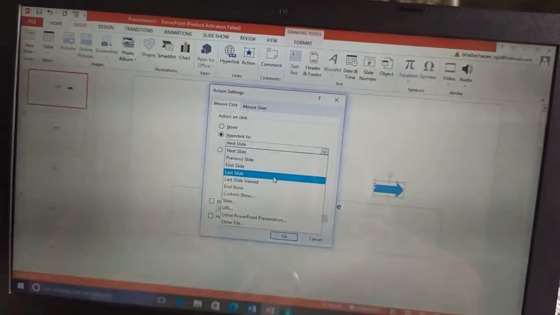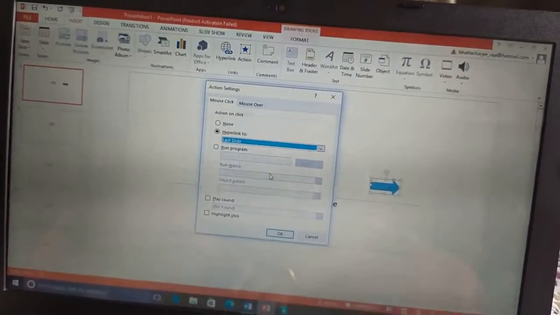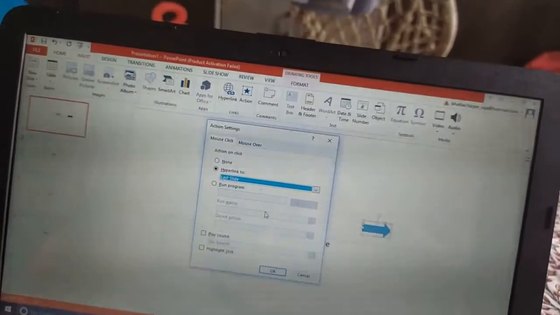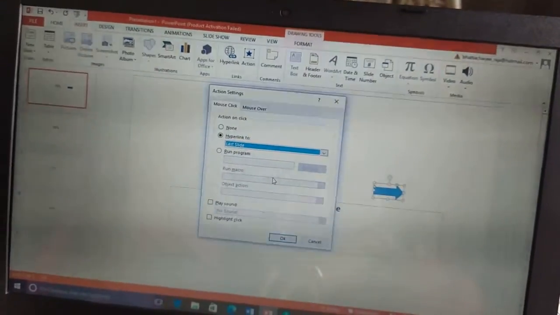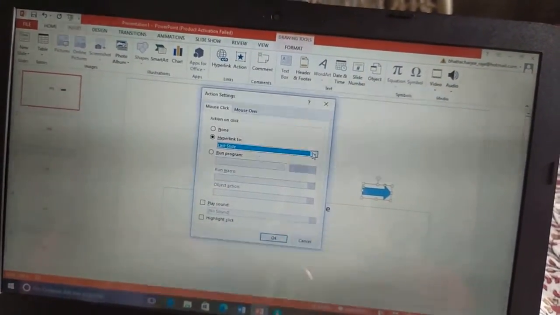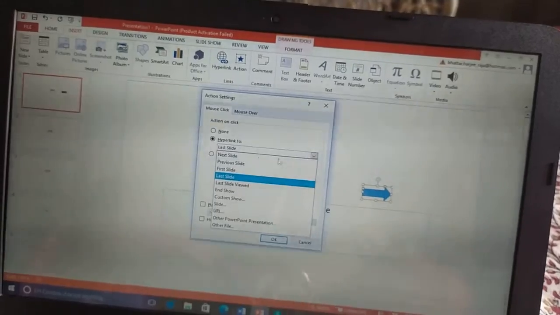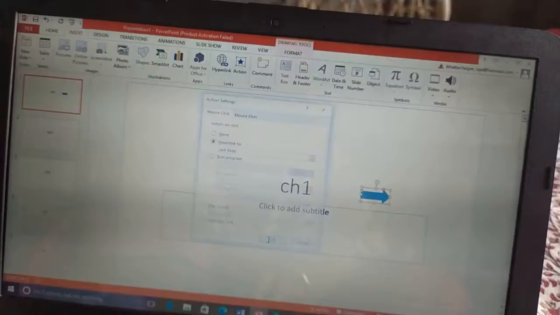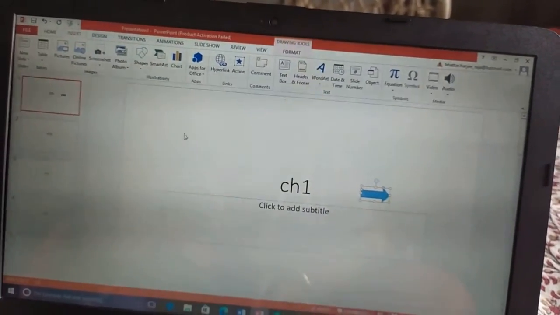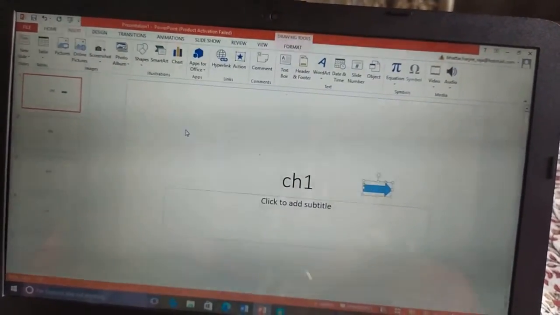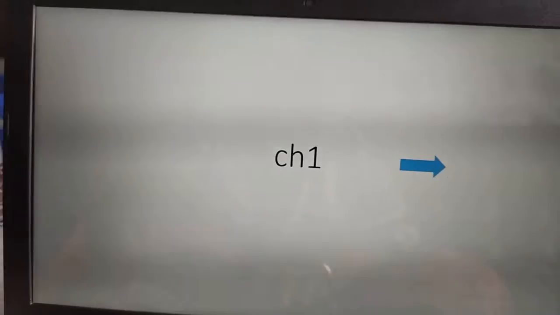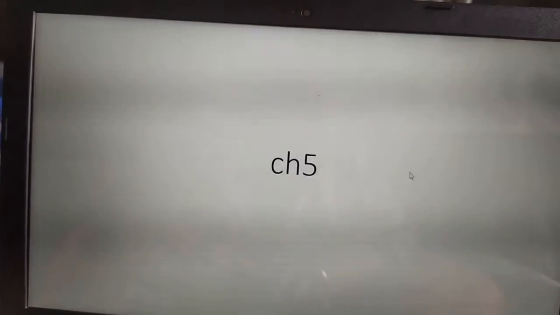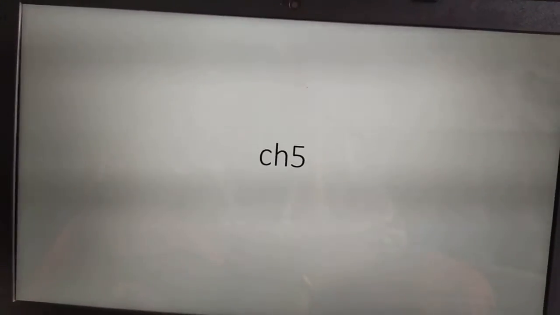Click over here, select last slide. Several options are there: next slide, previous slide, many options are there. I am selecting last slide and after that click OK. Now, if we go to the slideshow and click this arrow, see, directly we are moving to the last slide.